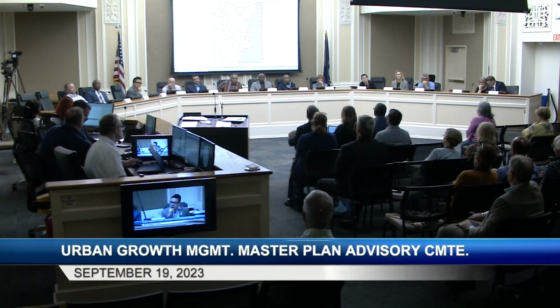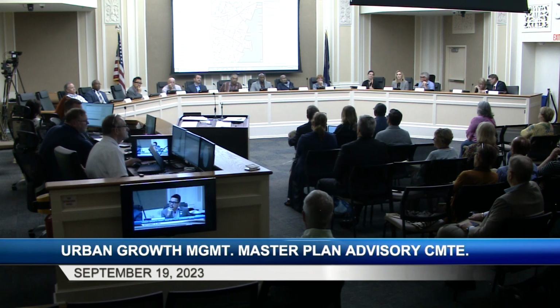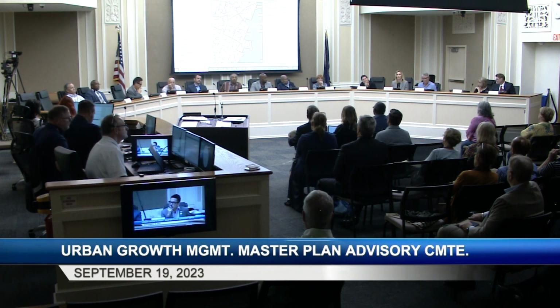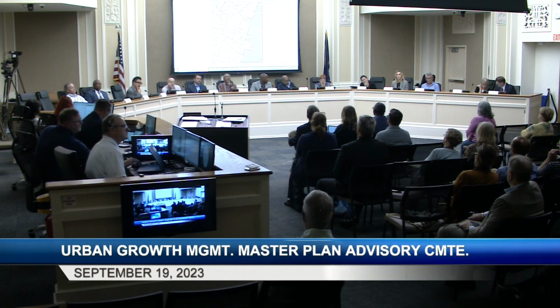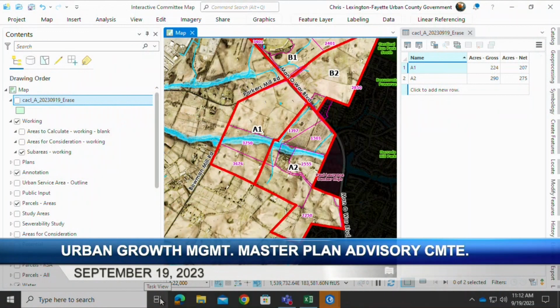I would propose, and I'm not making a motion at this time, I've talked to Chris over there. Can we bring up that map? I requested that they make us another map that splits A, just for us to be able to make maybe a more nuanced consideration on A, to split A into two and see what the acreage is and see if we can come to a compromise, maybe including the right half of A and excluding those three properties on the west side of A as a possibility.